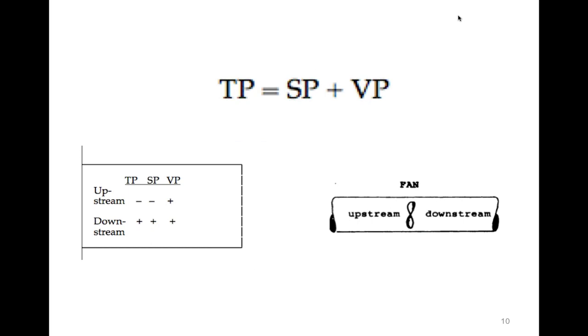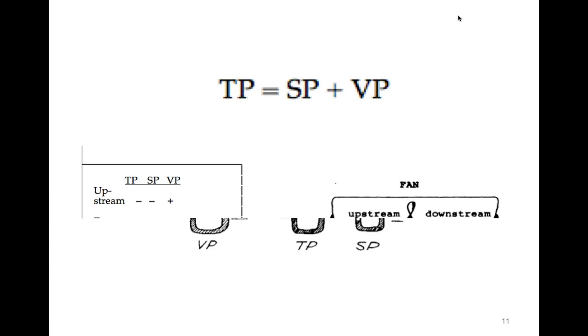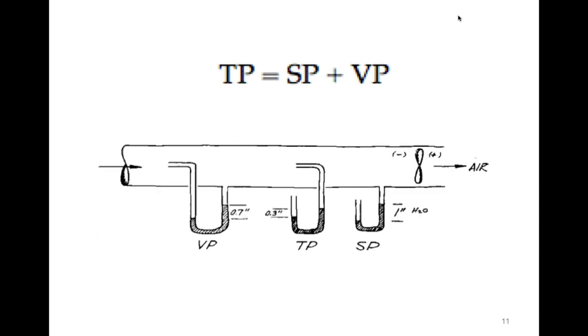Now, air movement is caused by differential pressures. The reason why air moves through a duct is because it's moving from an area where the pressure is higher to a place where the pressure is lower. Heat moves from a place where the temperature is higher to a place where the temperature is lower, right? Take heat away from something.